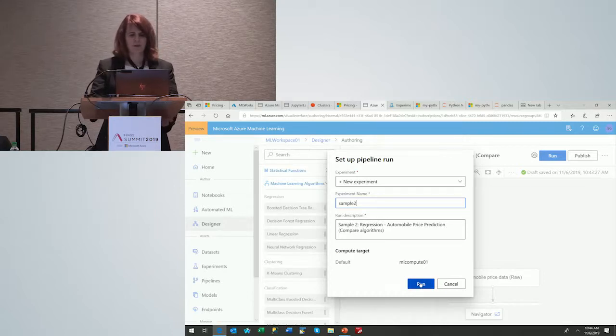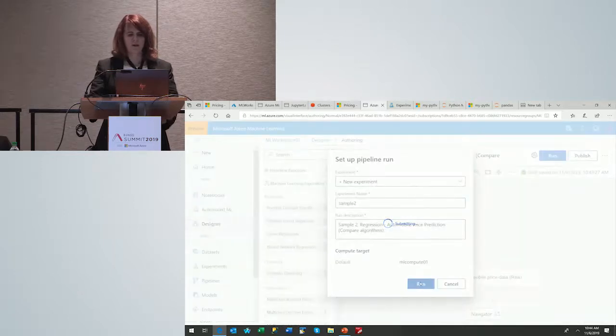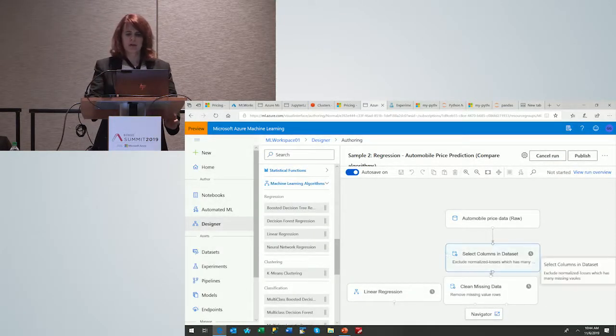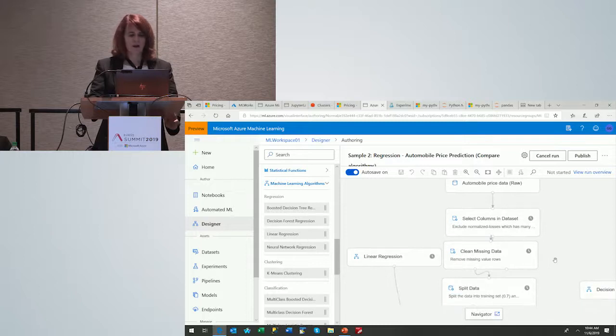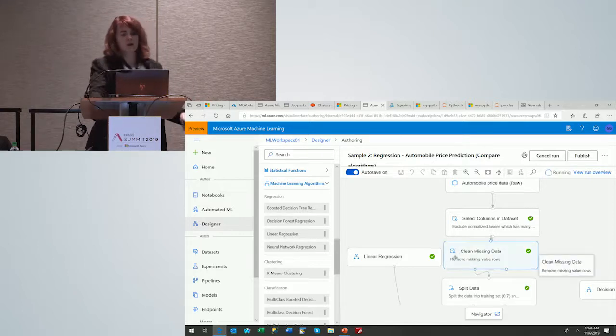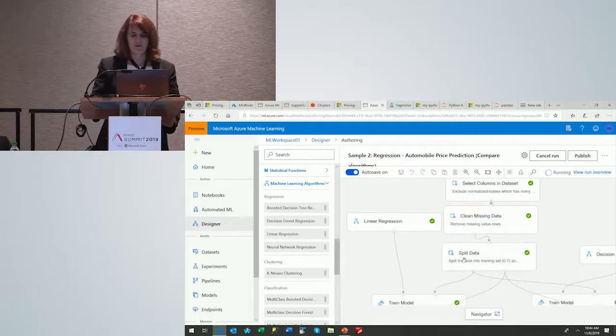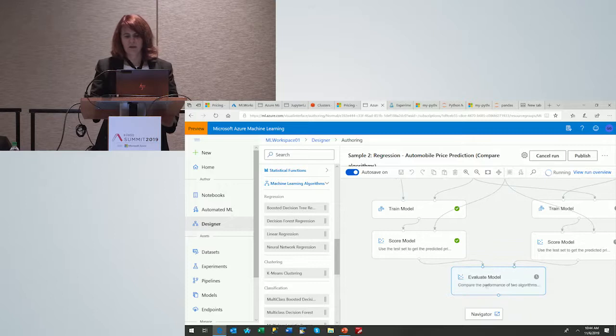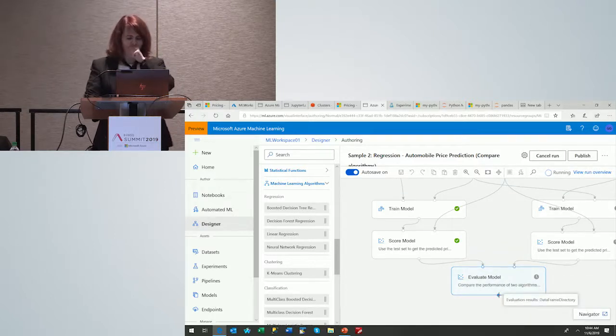And it tells me where my compute is, and I'm going to say run. And it's going to run this particular machine learning solution. So you can see it'll have little green checks. So this is just another component, and they call all of this Azure Machine Learning. So that gives you an idea of the different variety of things that are contained within it. When it is done, I will be able to evaluate the performance of two algorithms by looking here, which will allow me to see the results of the two of them.